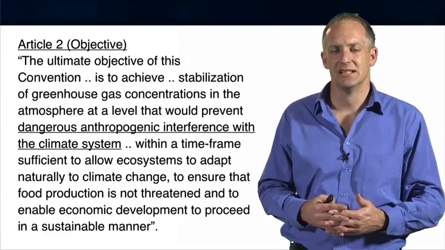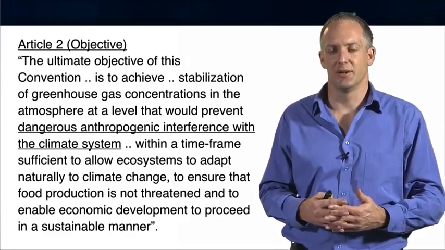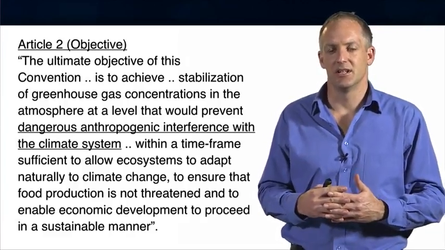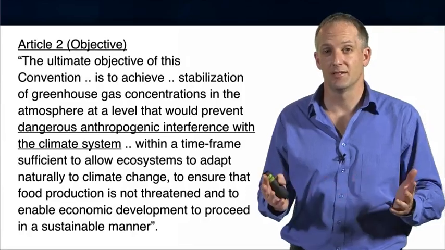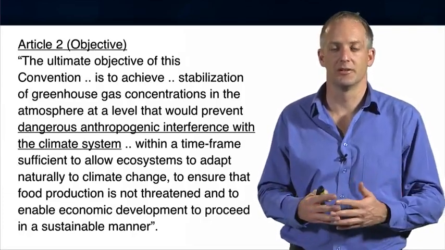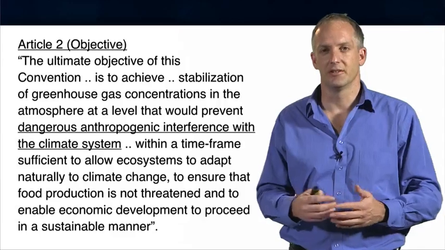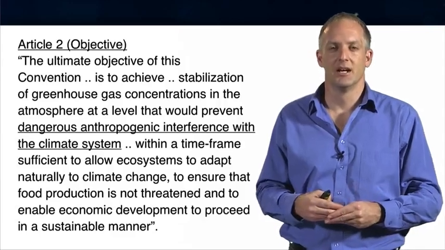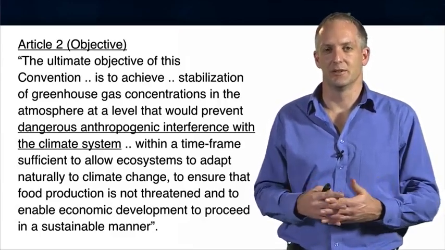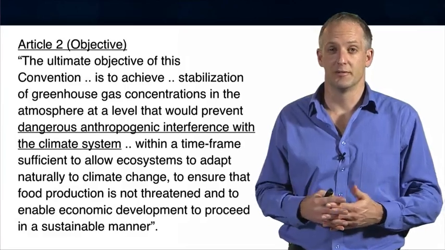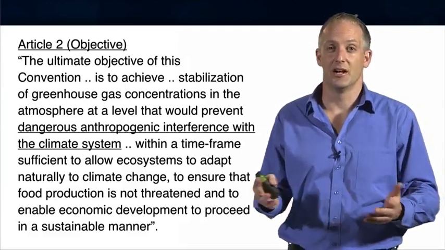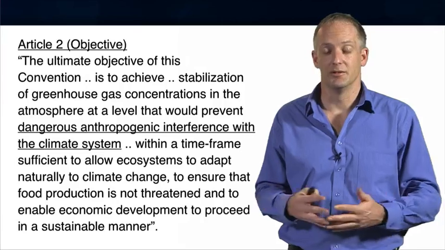A difficulty here is that the convention doesn't really specify what it means by dangerous climate change. What level of greenhouse gas emissions is dangerous climate change? That's unspecified. Is it 350 parts per million of carbon dioxide or of carbon dioxide equivalent, or 450, or 550, or 650? And each country has a different idea about this level. The small island states say that dangerous climate change is above 1.5 degrees of warming above pre-industrial levels, which is something less than 450 parts per million. Other countries have higher tolerance levels. Some refuse to specify at all.